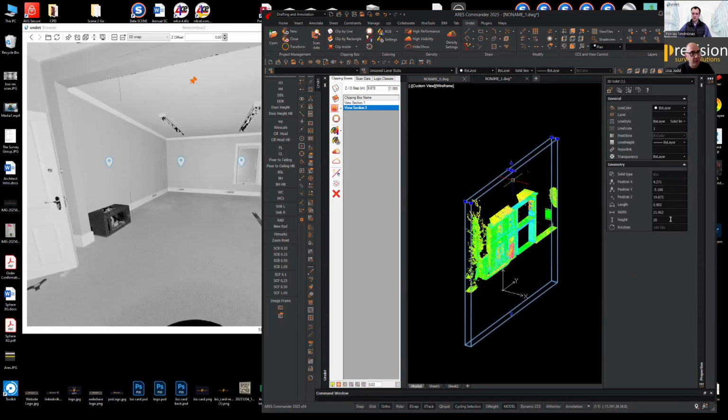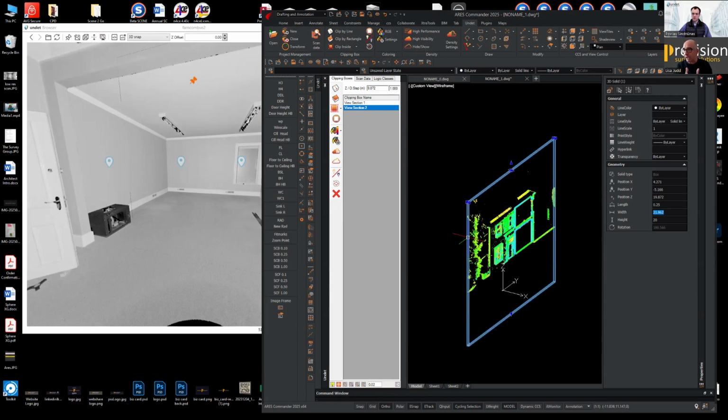So I'm making a thin slice that's vertical. And what we're going to do is manipulate our UCS such that we're looking directly at the building. You can see at the moment, our plan position is looking straight down on our project, but we want to